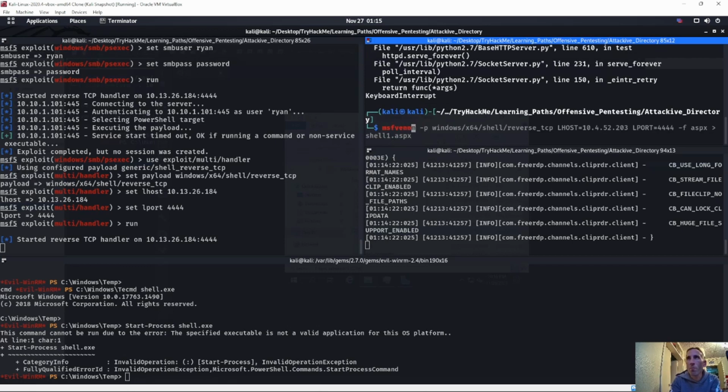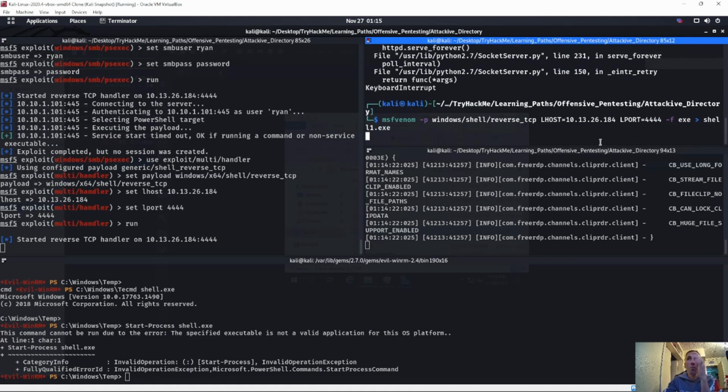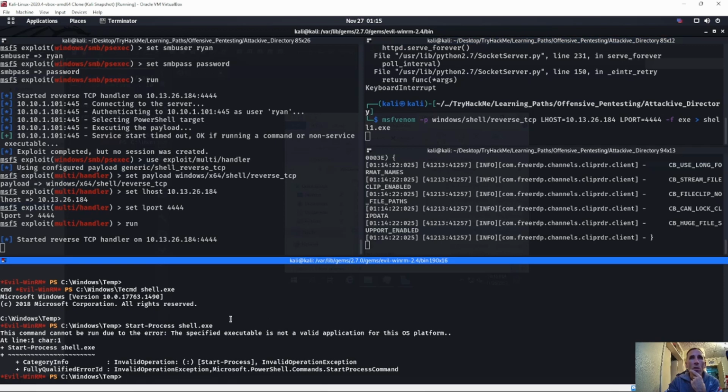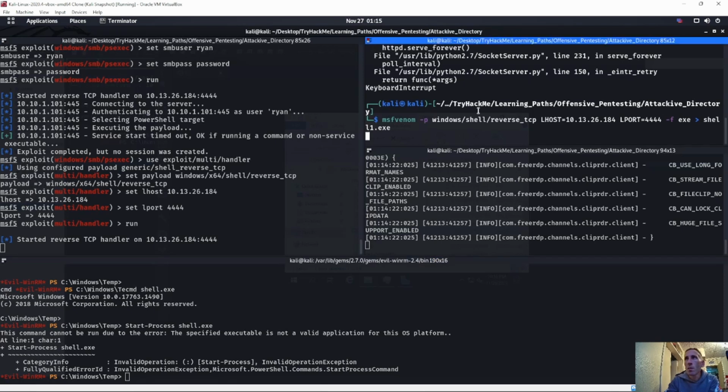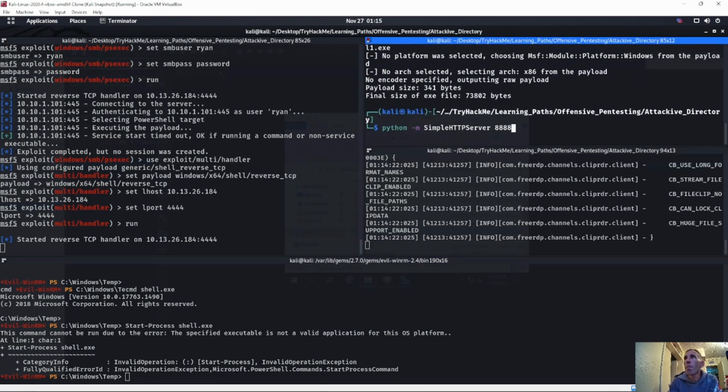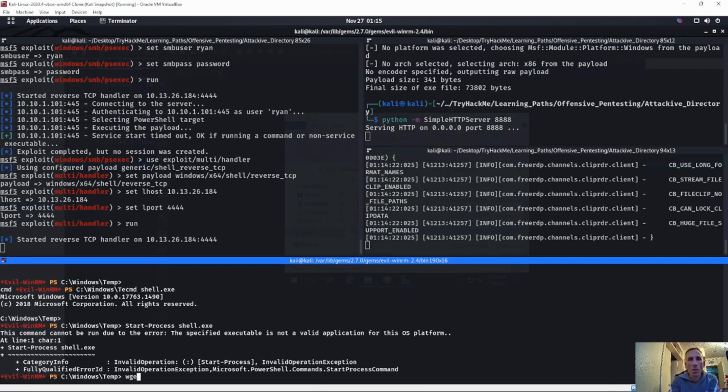MSFvenom. So shell reverse TCP. Maybe that's why I was having so many problems. Shell1.exe. Our LHOST is actually going to be 10.13.26.184. We'll keep that same LPORT, and we'll do it like that, and then we'll try to go ahead and do another wget over here. So we'll start that Python server again. We'll do a wget again for